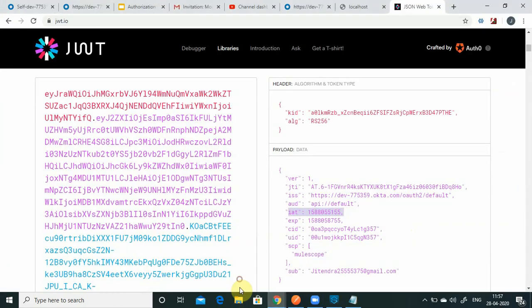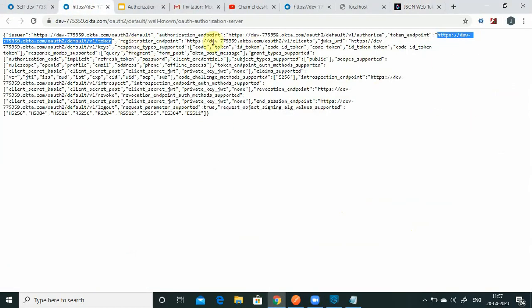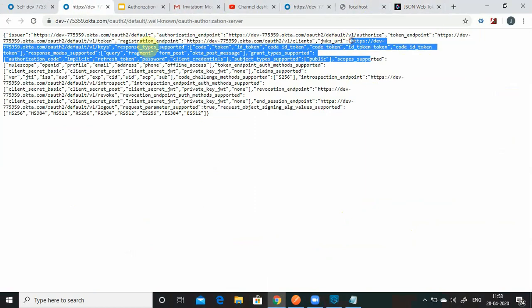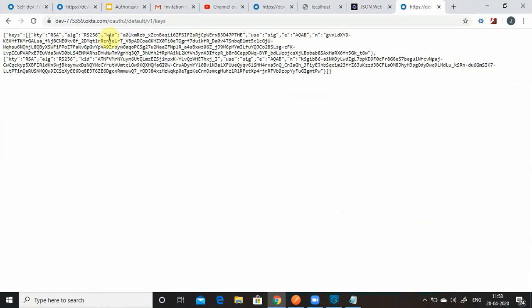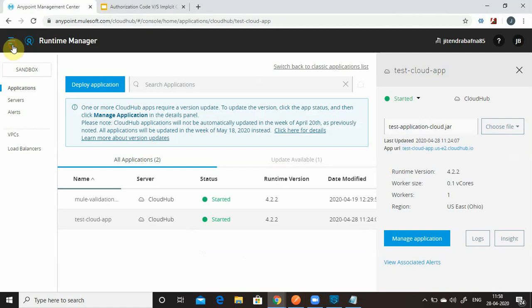It's a simple request, but there is no authentication on top of it. So I want to apply the authentication. I have mentioned we will make use of this JWKS URI. I have already shown you it contains some public key which can be used to decode your JWT token, and open this URL. It also provides various information, RSA 256 and all such kind of details. So quickly I will go to API manager again, Anypoint Platform.